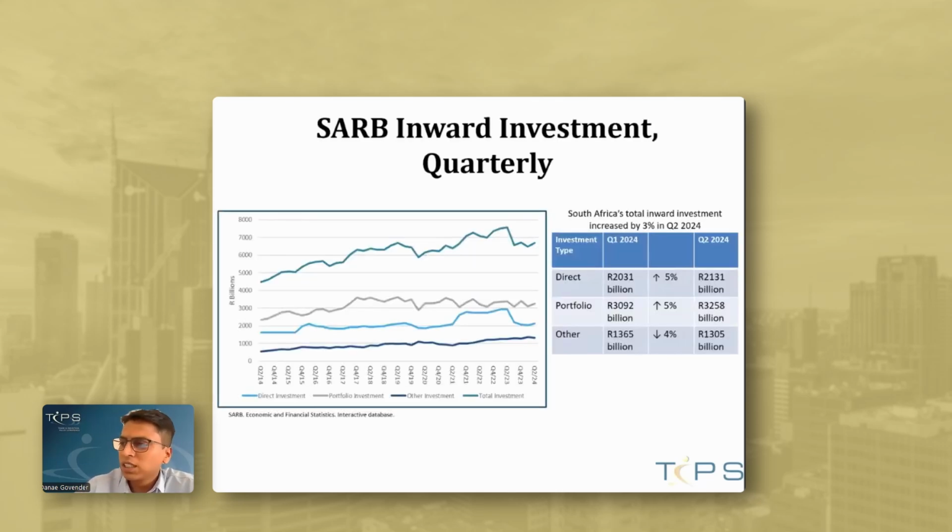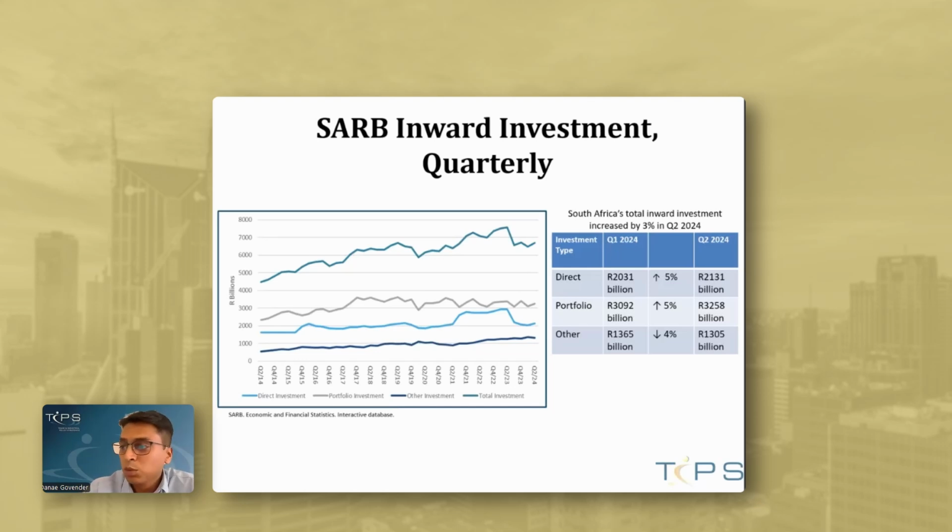The first set of metrics considered is South Africa's quarterly inward investment. It is important to note here that we focus on the capital account, so financial derivatives are excluded from our calculation of total investment. That said, here we see that the market value of South Africa's total inward investment increased from a revised 6,488 billion in the first quarter of 2024 to 6,694 billion rand in the second quarter, thus representing a 3%